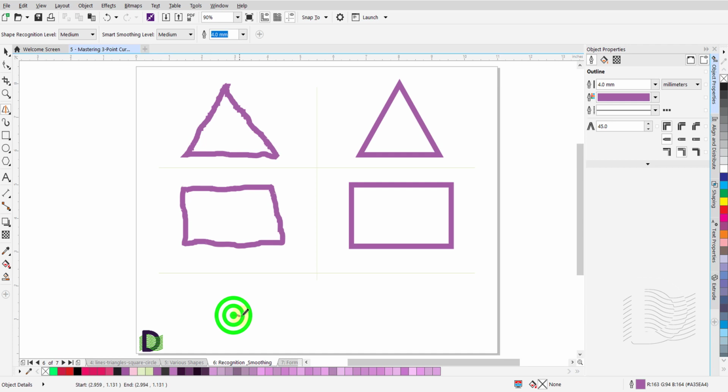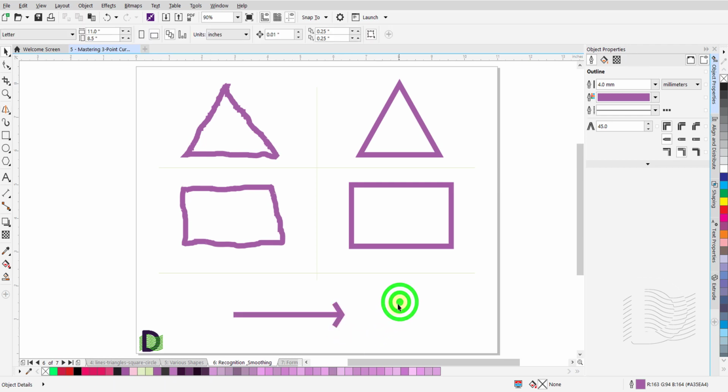If you wish to erase a portion of a line that you have drawn, then, while drawing, keep holding the left mouse button down. Press and hold the Shift key and drag the mouse backwards over the portion of the line you wish to erase. When you get to the point where you wish to stop erasing, simply release the Shift key and proceed with drawing in the intended direction.